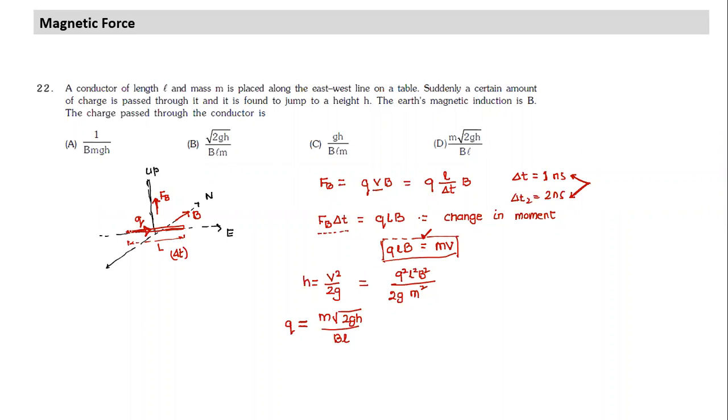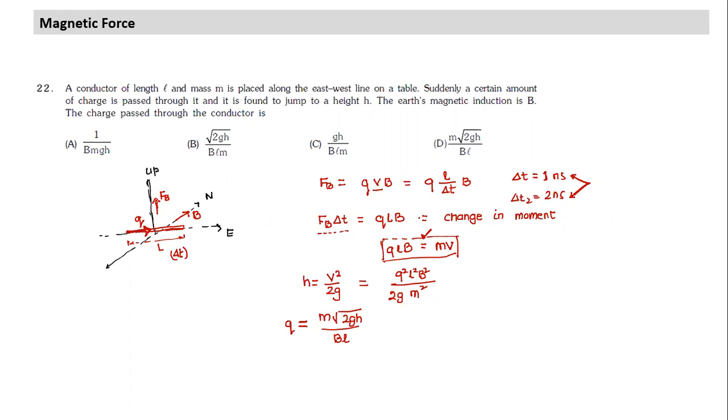This conductor of length L is lying along the east-west direction. So when the charge flows in the conductor along the east-west direction, the charge direction is perpendicular to the magnetic field. That's the purpose of the orientation. So the B and V vectors are perpendicular to each other. Two directions for charge flow are possible: in one direction the force will act downwards, in the other the force will act upwards. We assume the direction is not relevant here.